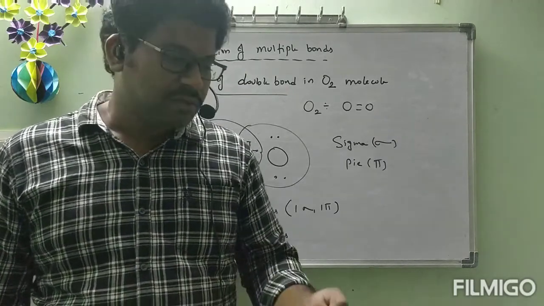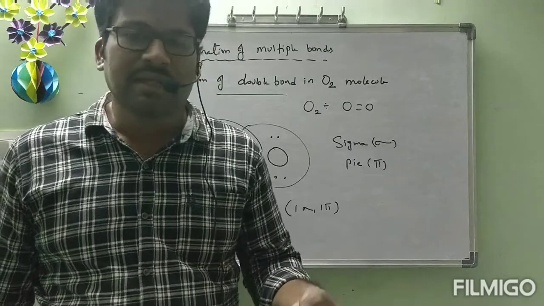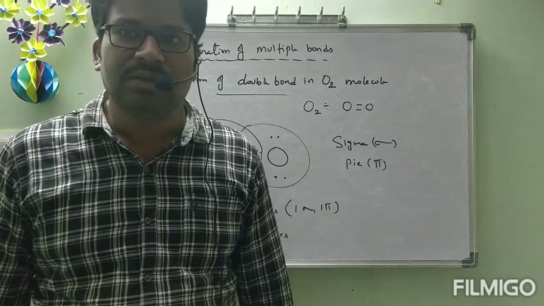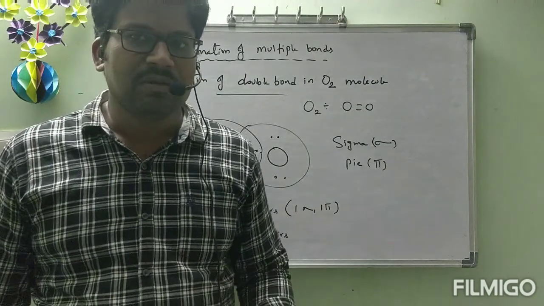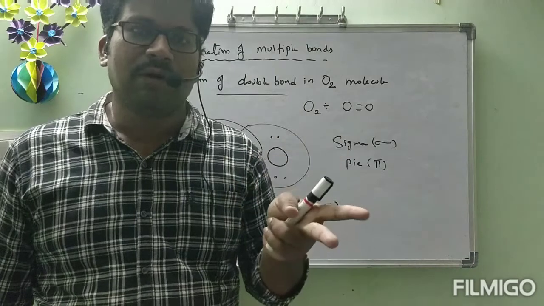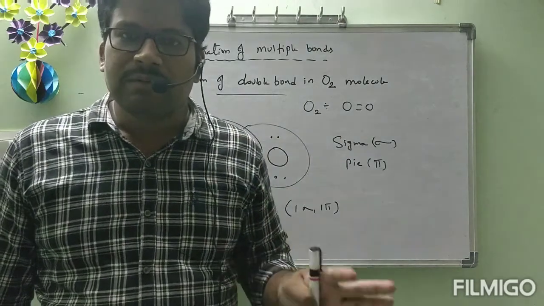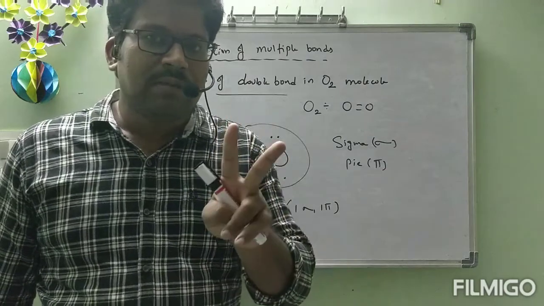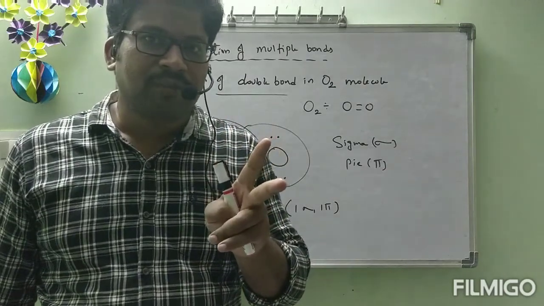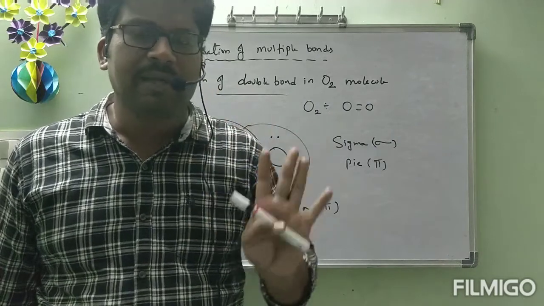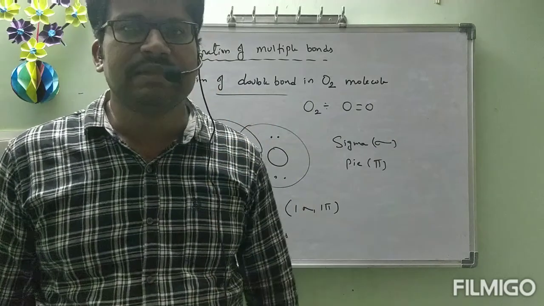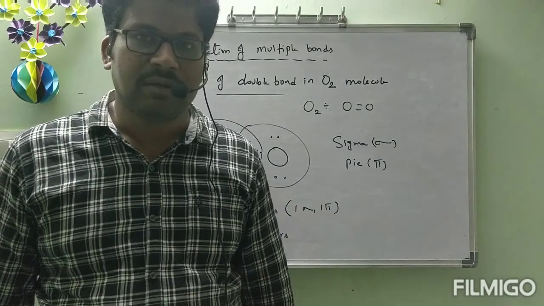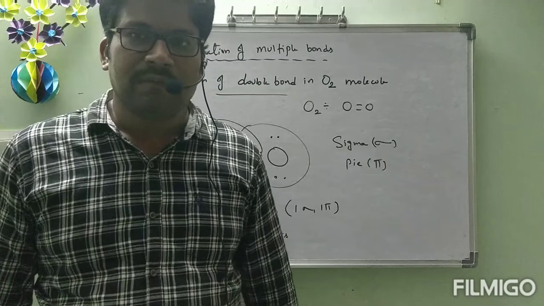Okay. Before that one, I think some more points are there. After going through those points, we will go to next theory. Is it okay? That is about today's class. I hope you understood. Multiple bonds means double bond and triple bond. Anytime, whatever it might be, if it is one bond, it should be sigma bond. If it is double bond, one is sigma and one is pi. If it is triple bond, one is sigma, remaining 2 pi. Every time only one sigma bond is possible. There is no more than one sigma bond between 2 atoms. Okay, remaining are pi bonds only.